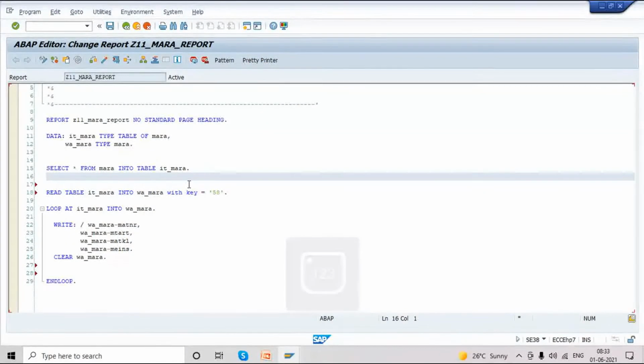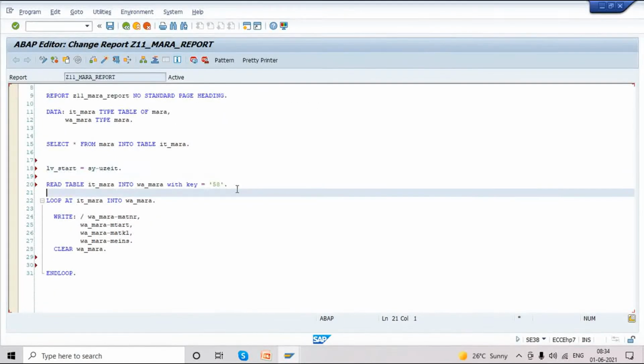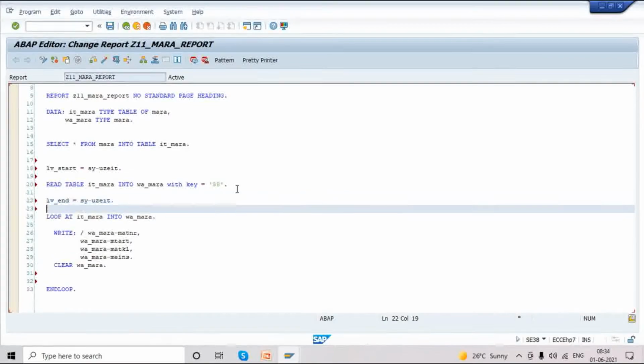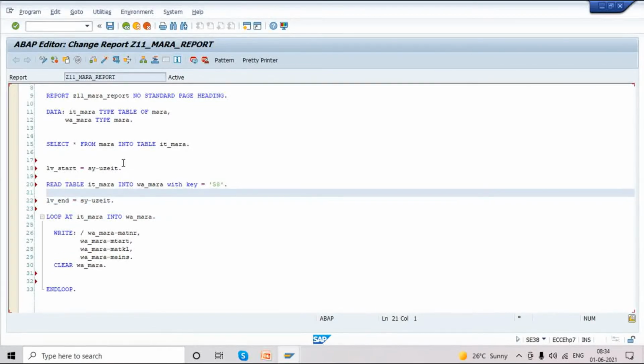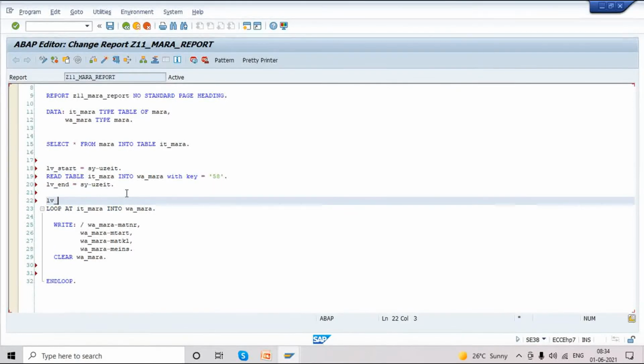Before, LV start equal to system time, then LV end. I'm taking system time to observe how much time it will take. Find the difference between start and end: LV end minus LV start.